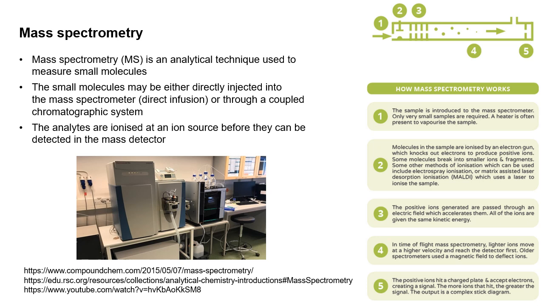And these direct infusion approaches are typically used when you have a targeted approach. Perhaps you remember from Monday's lecture that we were discussing targeted approaches, where you have some target analyte that you want to catch, you know the mass of that compound, and you are sure you can analyze it without any chromatographic separation. Then direct infusion can be used also. But in metabolomics, in the majority of cases, it is coupled with the chromatographic system.